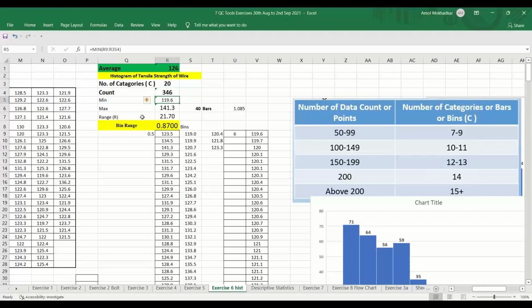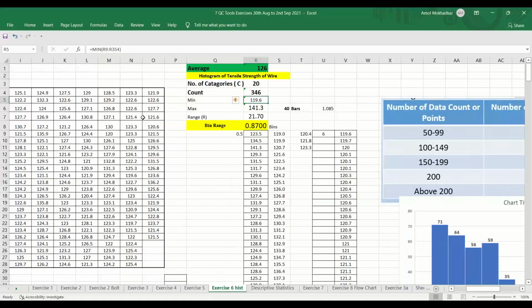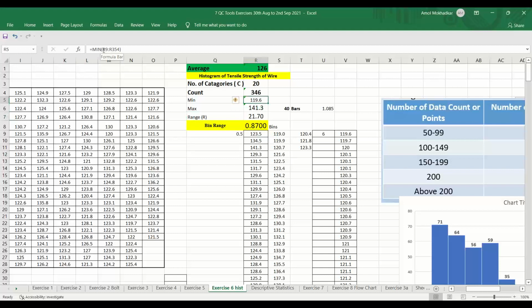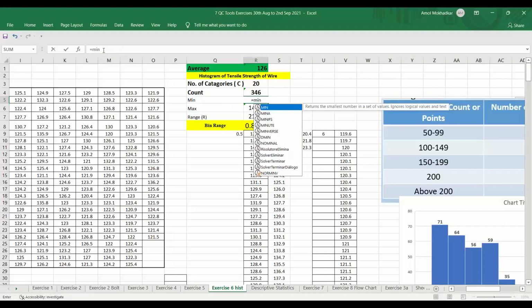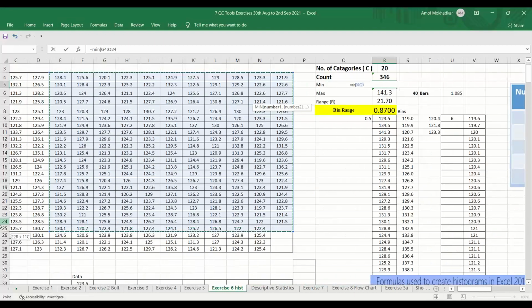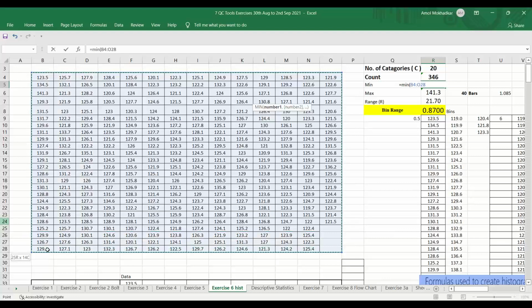Now what is the minimum? Because you need to calculate the range. Now you already have this C. We have taken 20 from this table. Now to calculate the range, you require the minimum of the total data. So we have put the formula minimum of this entire data point. So I will select this entire data point and I will enter. So minimum value is